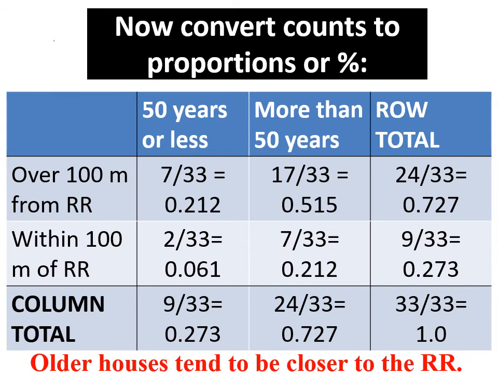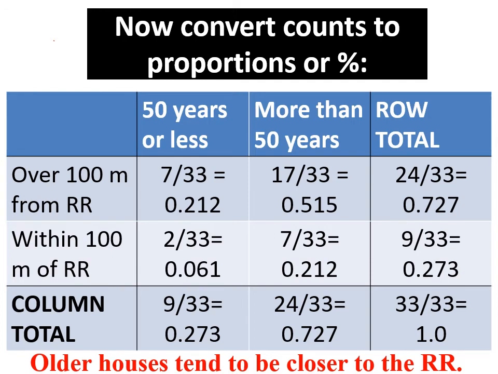But also, if we look at the older houses, the thing to pay attention to is that almost 3/4 of our houses are older, using this definition up here of more than 50 years. So almost 3/4 of the houses are older. And most of the older houses are more than 100 meters from the railroad. So 17 out of the 33, or actually 17 out of the 24, but we're not going to get there. That most of the houses are older and further away, but